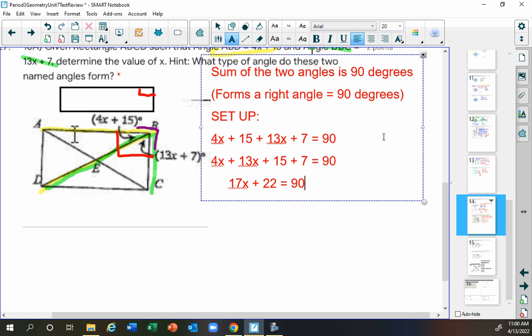Hey, let's write this down, Joshua. Come on. Let me know when you get that value of x. Let me check it over. I got